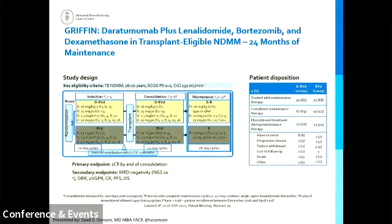So this is where the monoclonal antibody targeting CD38, daratumumab, was added to RVD as part of induction, post-transplant consolidation, and then added to maintenance as well. So this is a study that was led at my previous center by one of my team members, Dr. P. Voorhees. And this study was a randomized phase 2 that actually informed 2 randomized phase 3 studies that are about to read out here,